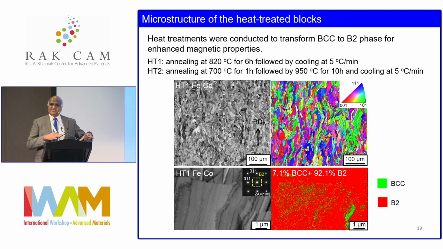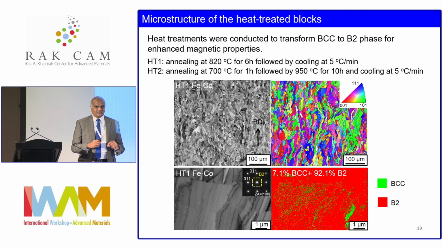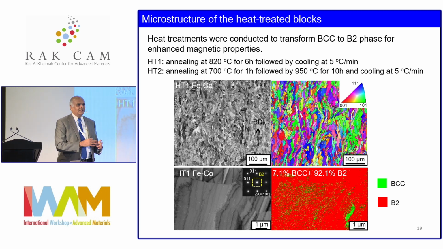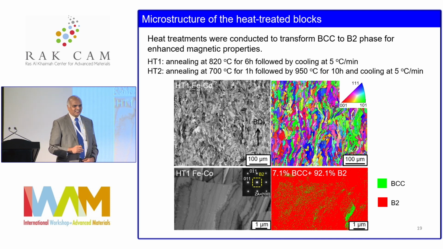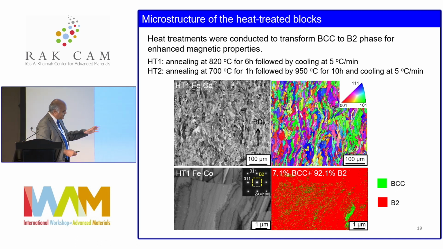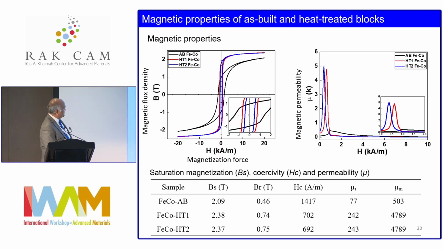So you make the 3D printed part which has some ductility, so then you can do some machining operations, etc., which are inevitable. Although you can print the 3D part finally, you need to do some small machining. And that's what you can do, and then heat treat this alloy to get these properties. So these are the typical magnetization studies. What you will see is that the saturation magnetization, coercivity, and permeability are best